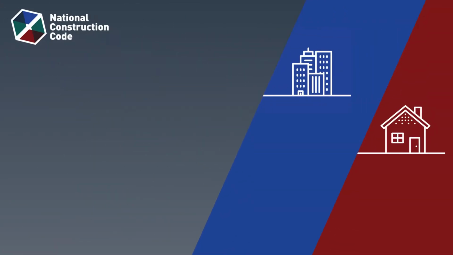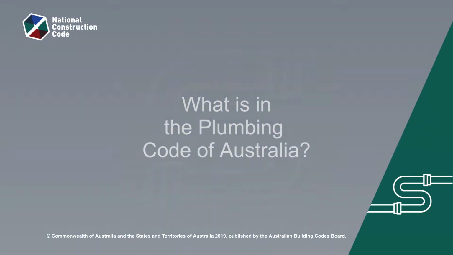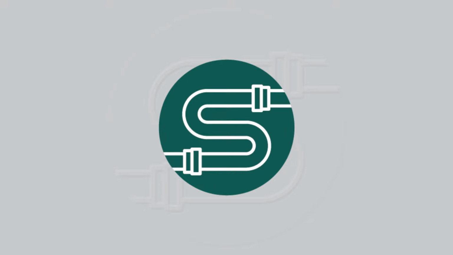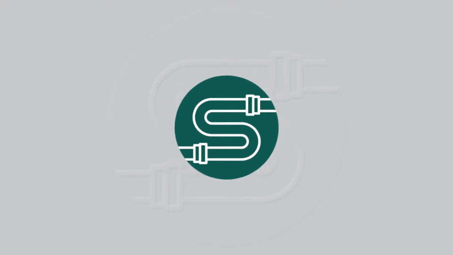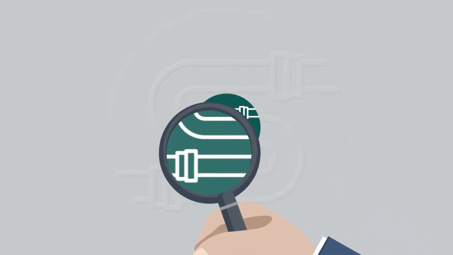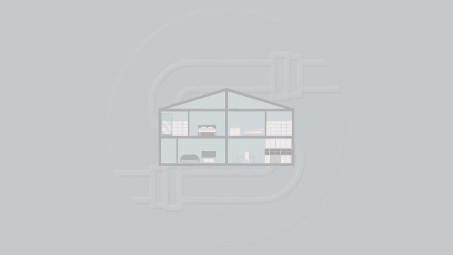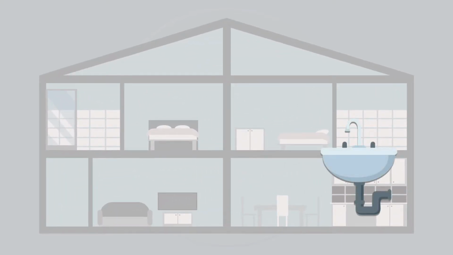Welcome to this video on what's in Volume 3 of the National Construction Code, also known as the Plumbing Code of Australia or the PCA. This video sets out to explain the purpose of the PCA and what's in its various sections and schedules. The PCA provides the technical requirements for the design and construction of plumbing and drainage systems in new and existing